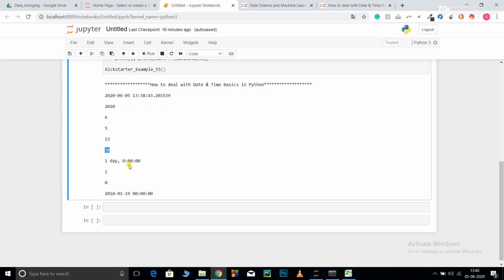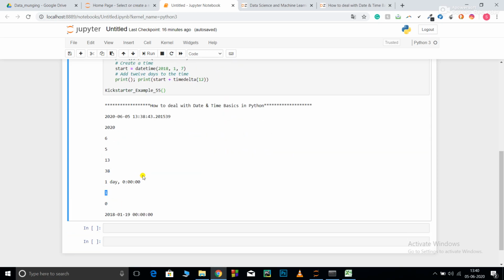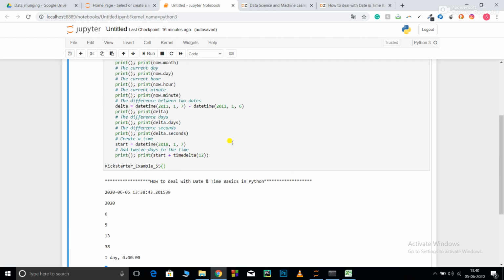It's given 1 day over here, and the date time seconds was 0. Now delta days, so there is a 1 day gap, and delta seconds, as I told you, if you don't pass seconds as a parameter, it assumes exactly 24 hours. So if you are passing 1 day, then the seconds will be 0.